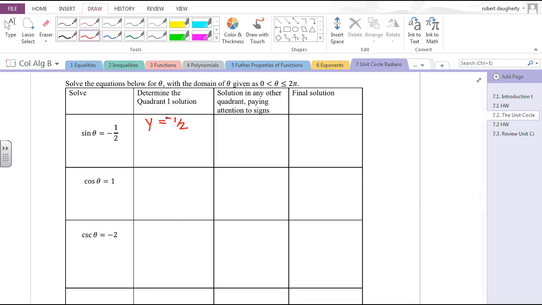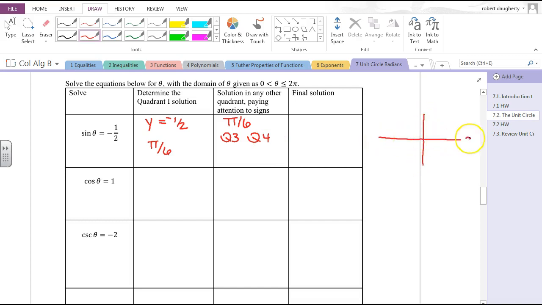Well, I know that if I look in the quadrant 1, y is equal to 1/2. That happens at pi over 6. Okay? That's where it equals 1/2. So I need to figure out, what does the pi over 6 reference angle look like where the sign is negative. Okay? The sign is negative in quadrants 3 and quadrant 4. So draw